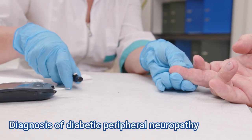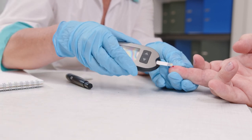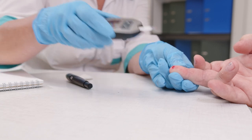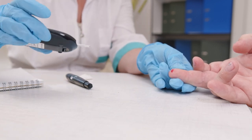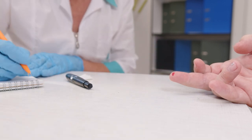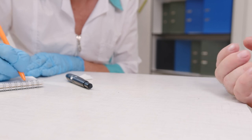Diagnosis of diabetic peripheral neuropathy. Your healthcare provider can usually diagnose diabetic neuropathy by performing a physical exam and carefully reviewing your symptoms and medical history. Your healthcare provider typically checks your overall muscle strength and tone, tendon reflexes, sensitivity to touch, pain, temperature and vibration. Along with the physical exam, your healthcare provider may perform or order specific tests to help diagnose diabetic neuropathy,